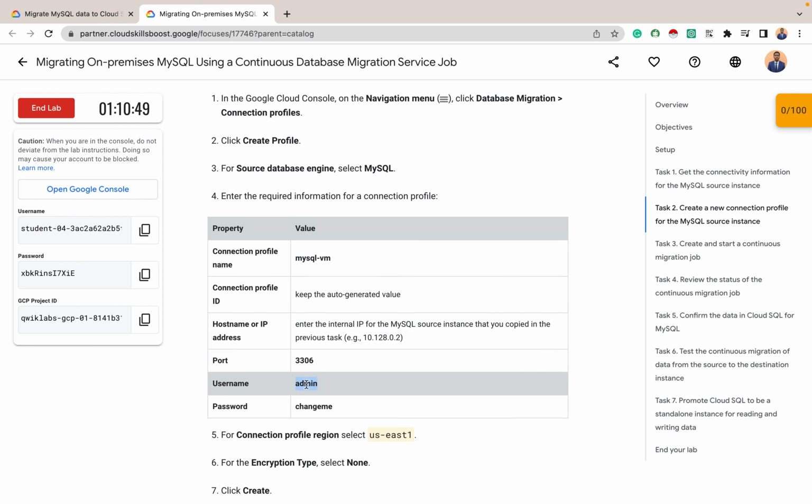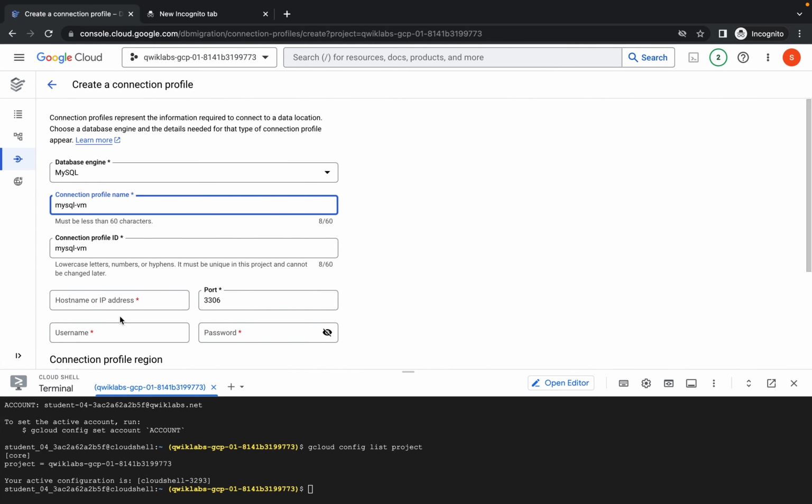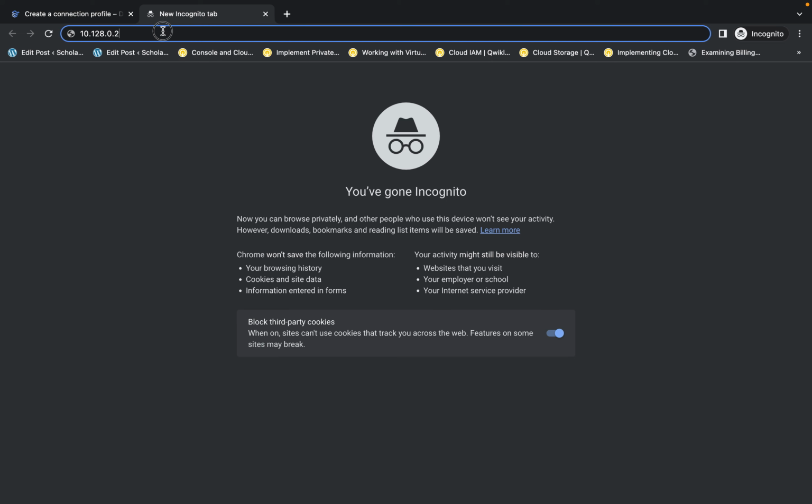The username is admin and the password is change me. Under this username, I'll just press here. Under this password, let me just say change me. You can make sure it's what is required that I'm using. So change me. You can easily just copy it out. For the host IP address, I copy this,